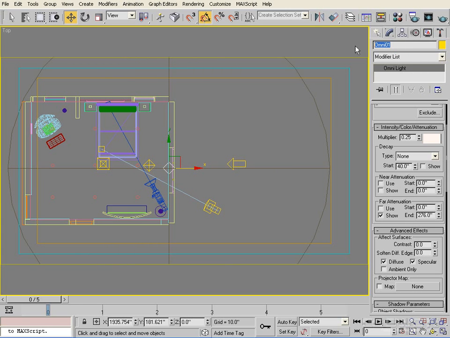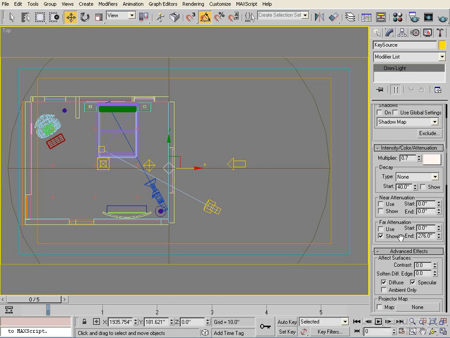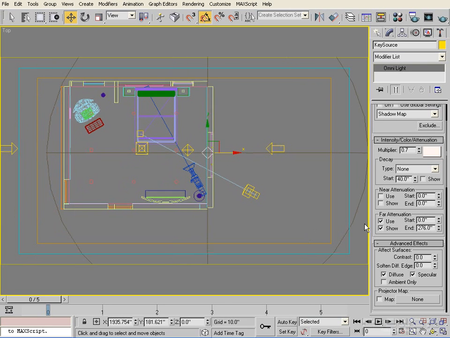We're going to rename that to key source, and we're going to give it a value of quite high, 0.7, because we're going to be using some attenuation with it as well. So similar to the ambient light attenuation, we're just going to switch that on, and we're going to wind it out a little bit past the edge of the room,